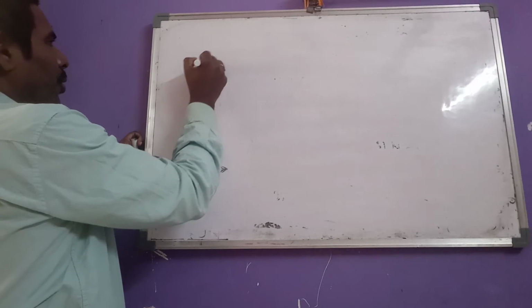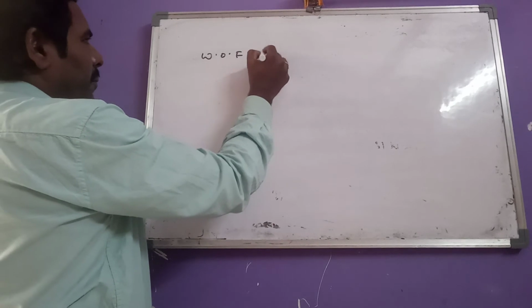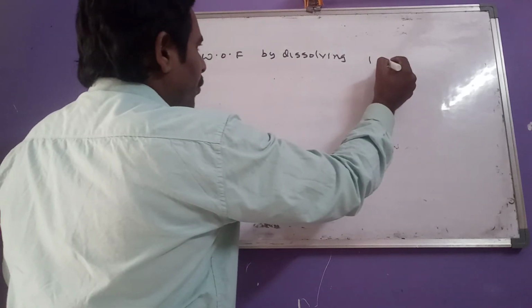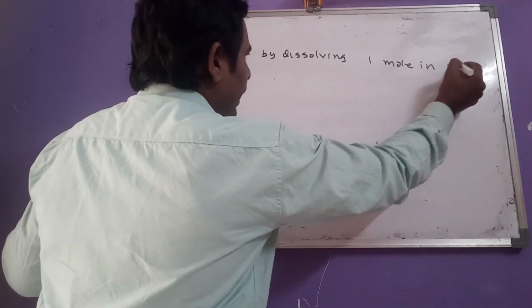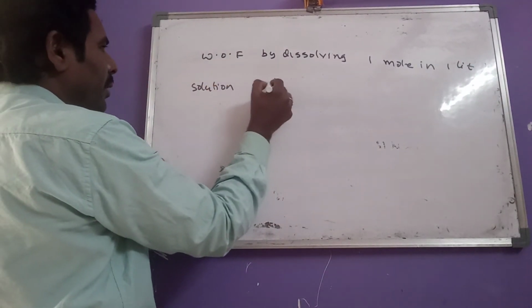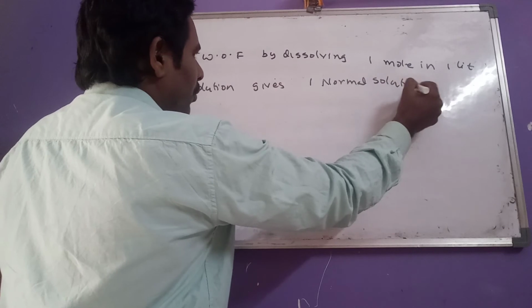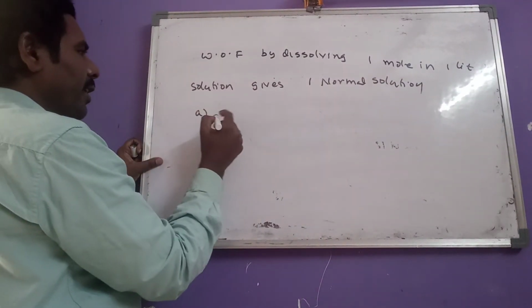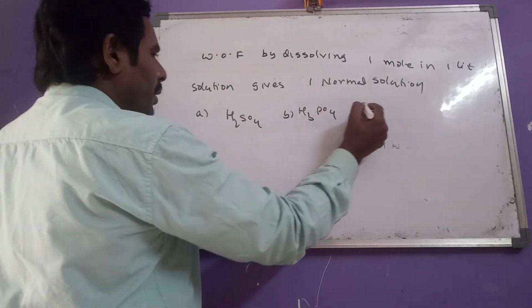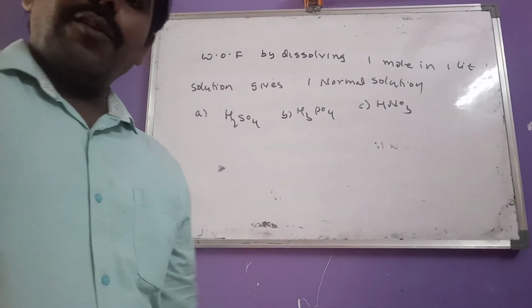Which of the following, by dissolving 1 mole in 1 liter of solution, gives a one normal solution? Options here: A, H2SO4; B, H3PO4; C, HNO3. So by dissolving 1 mole of